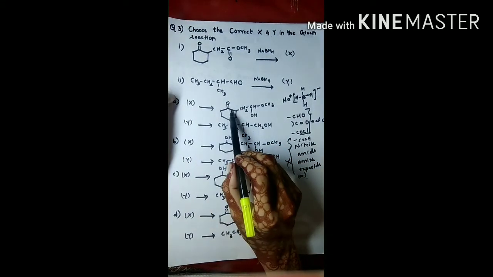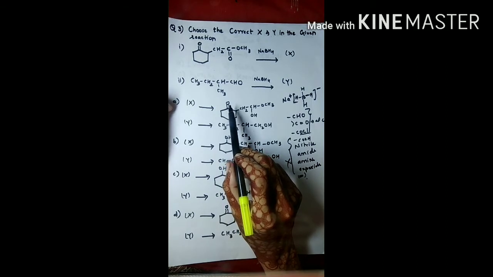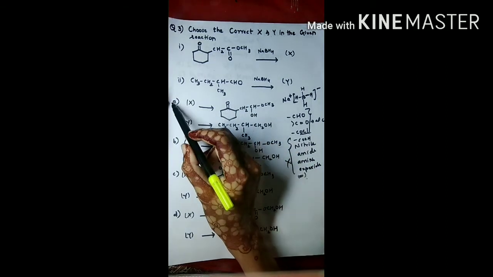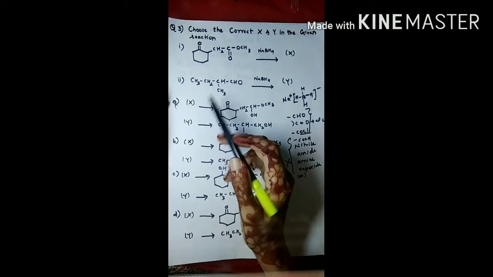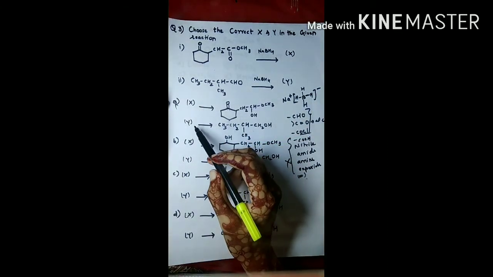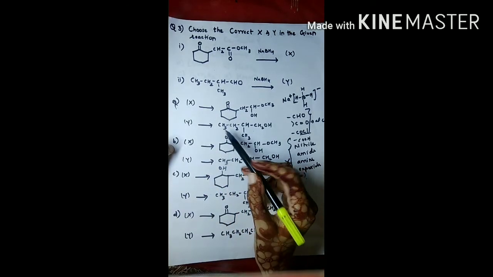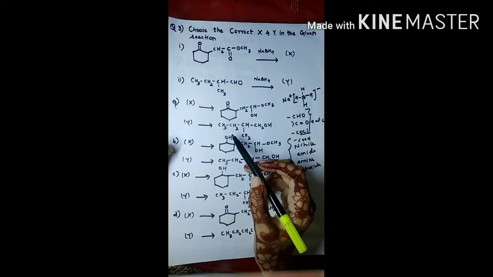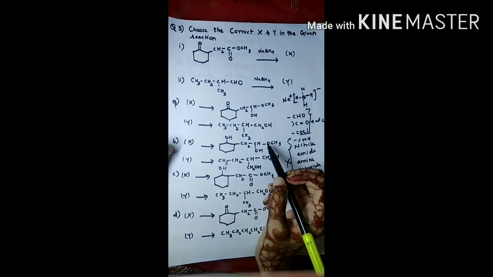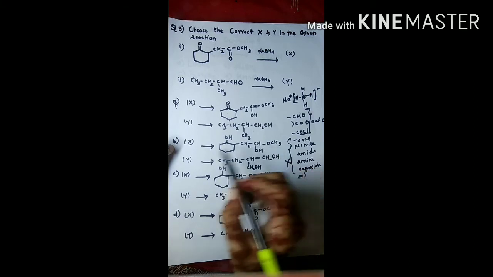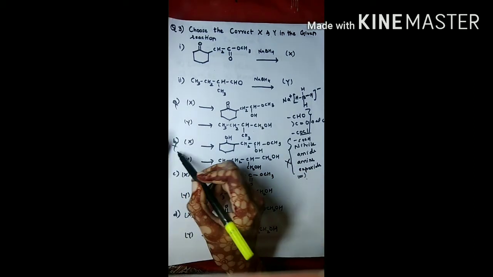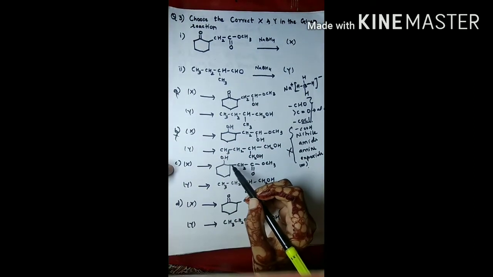First of all, it is not converting the ketone group into alcohol, but here it is given that it can convert ketone into alcohol. So it is not the right answer. No need to go for the Y reaction because the whole answer becomes wrong. Now you can see here it is converting the ketone group into alcohol, but it is also converting the ester group into alcohol. But here it is given the ester group cannot be converted into alcohol. Only the three groups can be converted into alcohol. So this will also become wrong. No need to go for Y.